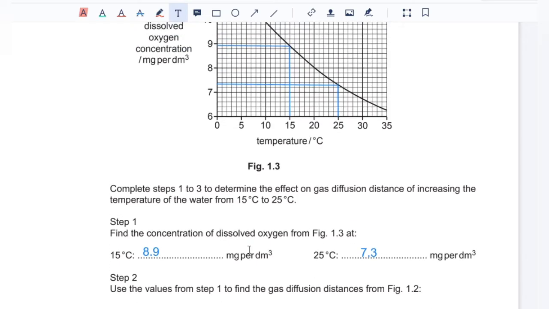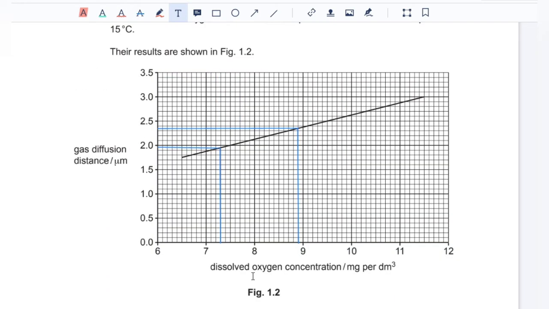So now that you've got the concentration of dissolved oxygen, you're going to find the corresponding values of gas diffusion distance. So here we've got 7.3 milligram per dm cube of oxygen, which comes out at 1.95 micrometers of gas diffusion distance, and 8.9 milligram per dm cube of dissolved oxygen gives